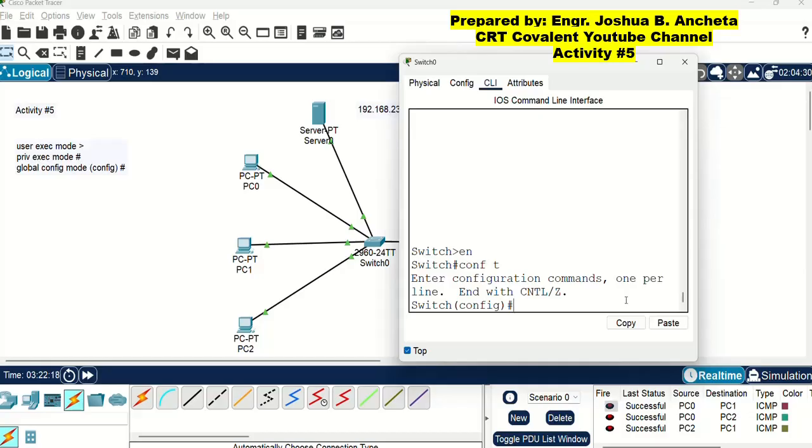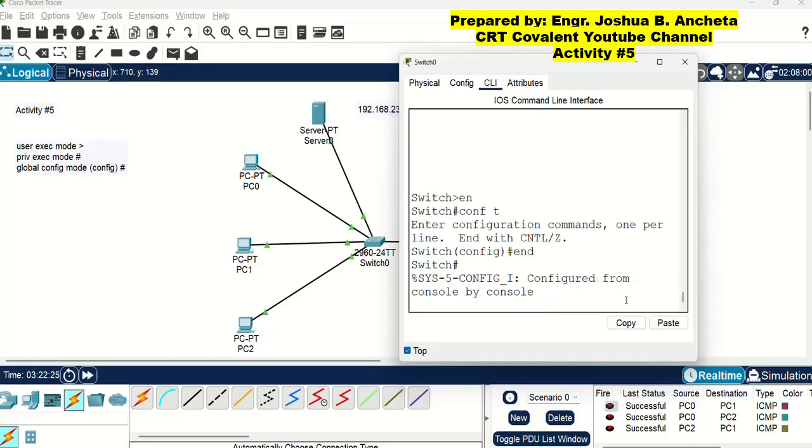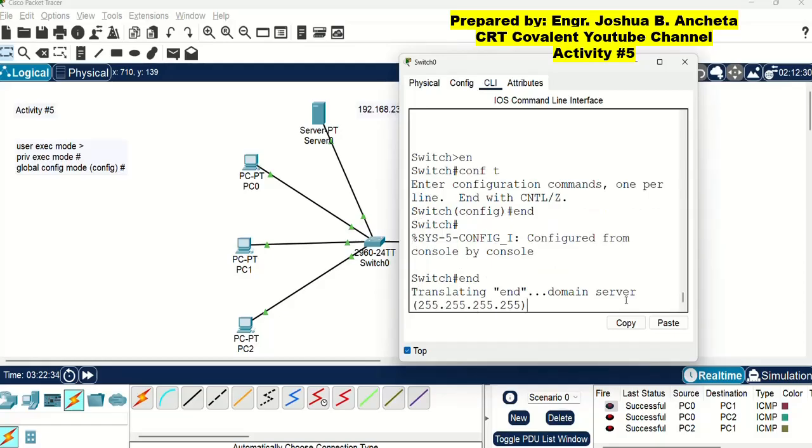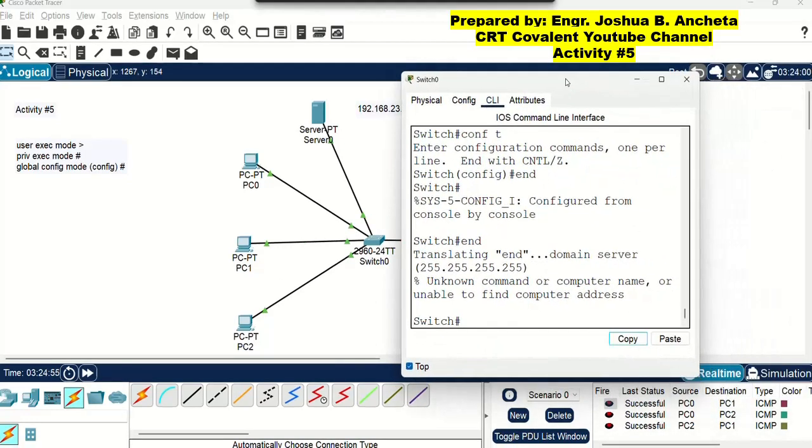Let us now try the end command. If you press end, not exit, it is the same thing as the exit command. But just in case you encounter a hang up condition, press Control Shift 6. So don't forget that.